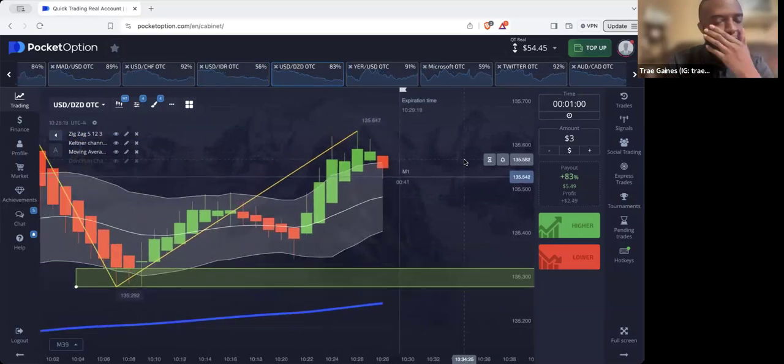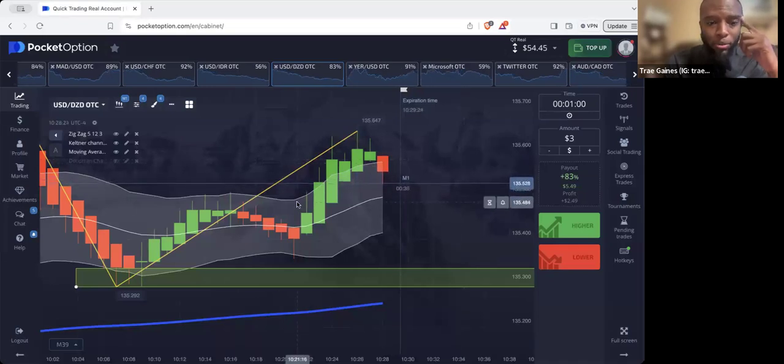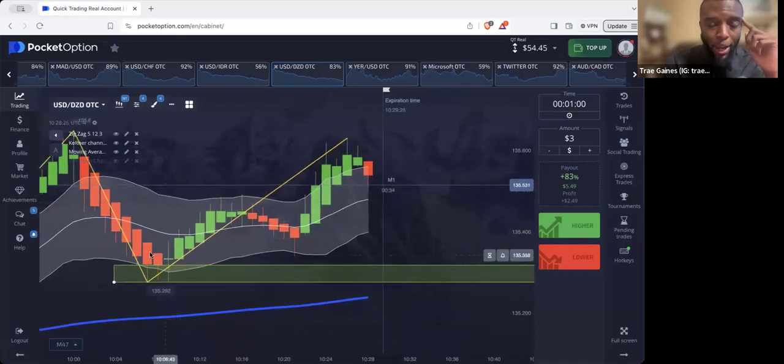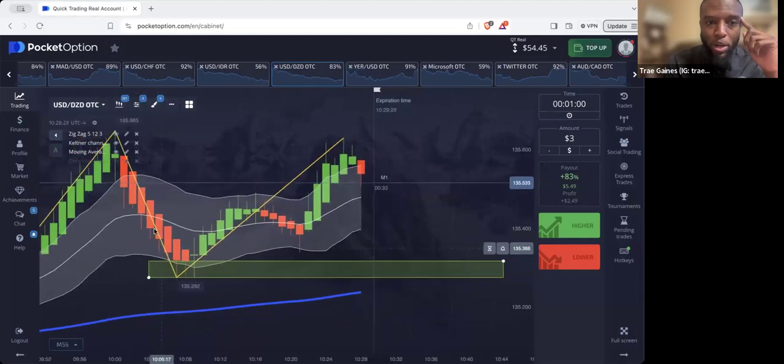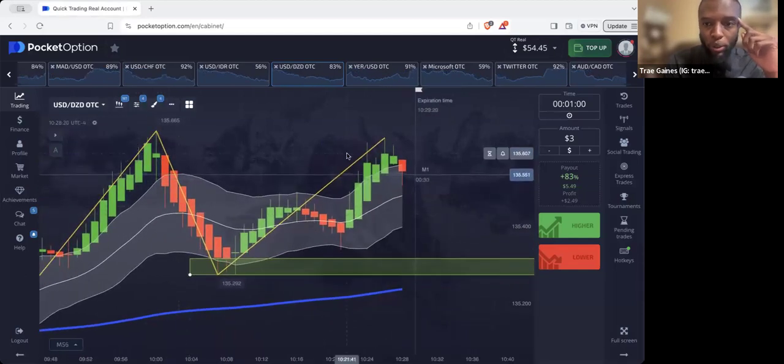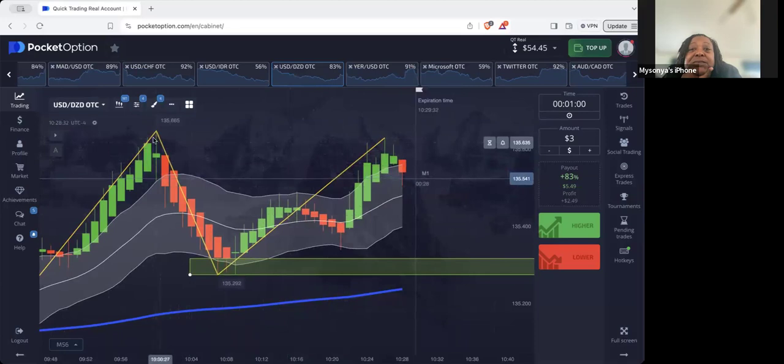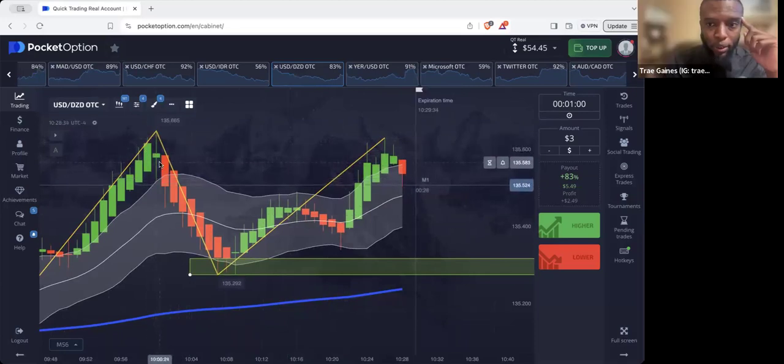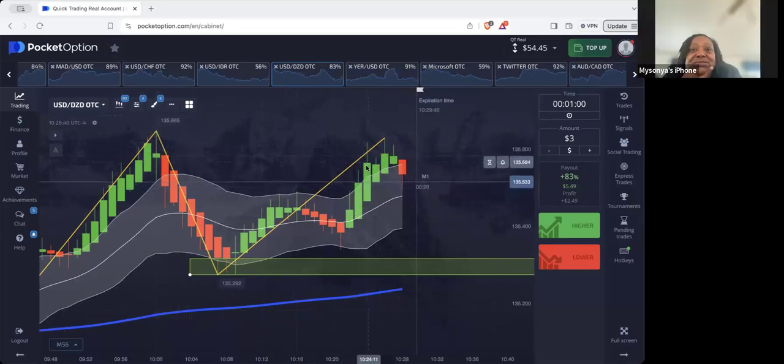Now, let's talk about master candles too while we're here. Master candles are really big. A lot of the times, you can catch a master candle at the base of a zigzag. We know those are going to be some good turnaround points. If a master candle is like this one right here, this master candle setup, if it's attached to the zigzag like this, like how this one is, we know, as you see, it was a great turnaround point. That first